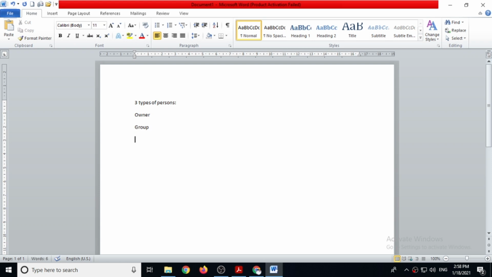It means we can create a group in Linux, and we can make a few users members of this group. And the third is other. It means except group, that is, a particular person is not a member of a particular group.